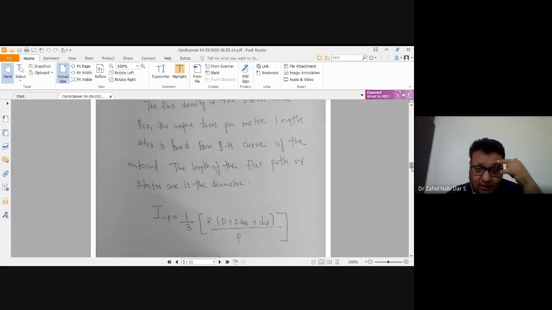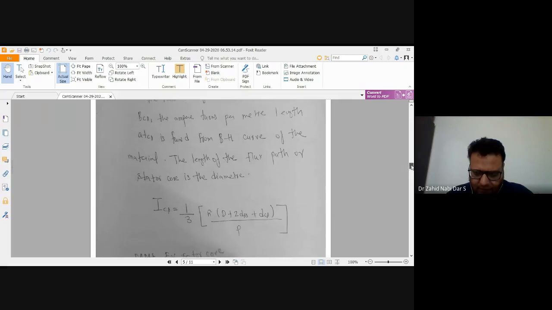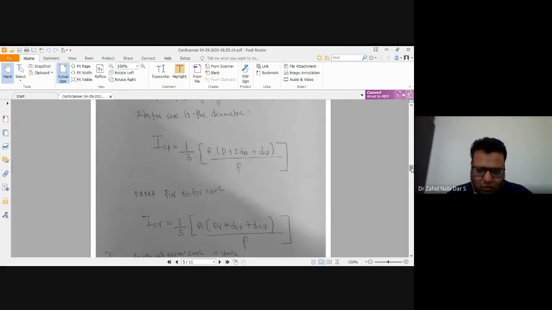Various books are using an empirical formula. This can be derived also, but what I've seen in your examination, derivation of this is not required. It is 1 by 3 divided by pi into (D plus 2 DSS plus 2 DCS) divided by P, which I have previously also mentioned. This is the number of stator slots, this is the depth of the stator, and this is the diameter of the stator, and this P is the number of poles. Similarly for rotor also same formula will come. Now MMF for rotor core you have the same, but the only thing is that this will be diameter of the rotor, this is the depth of the rotor, and this is the